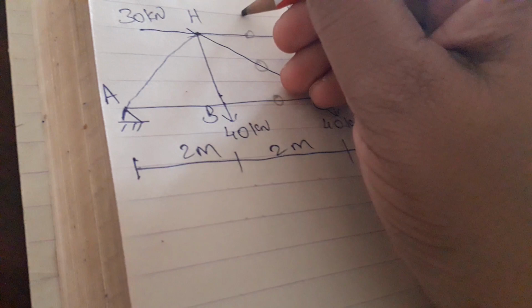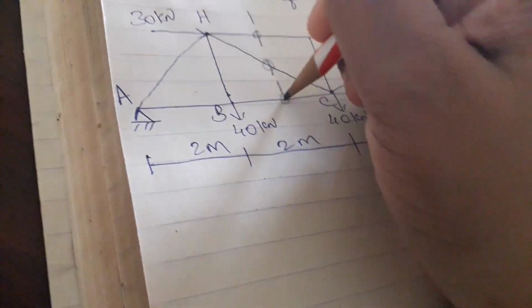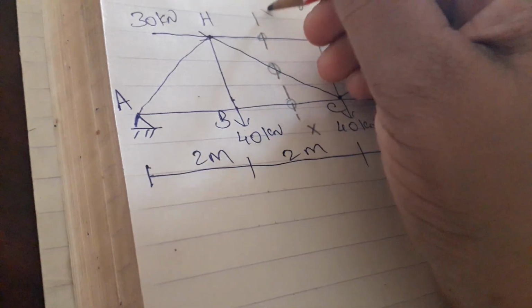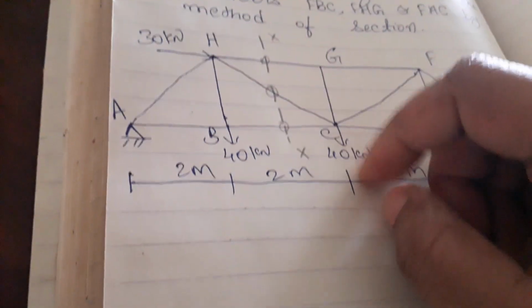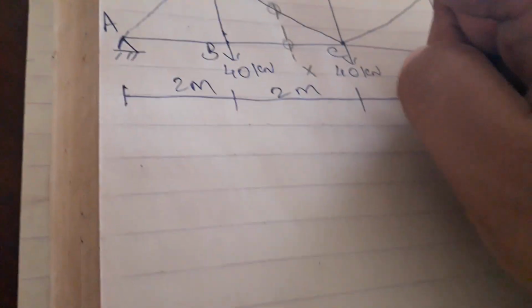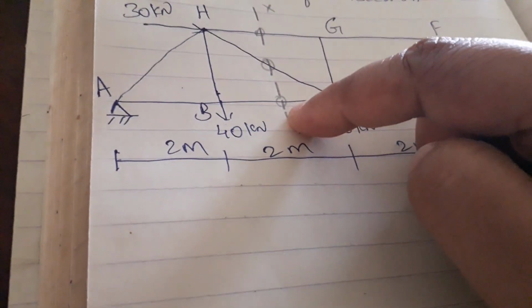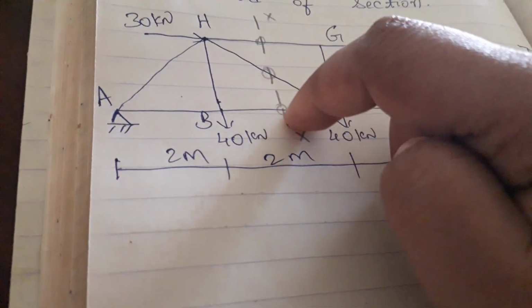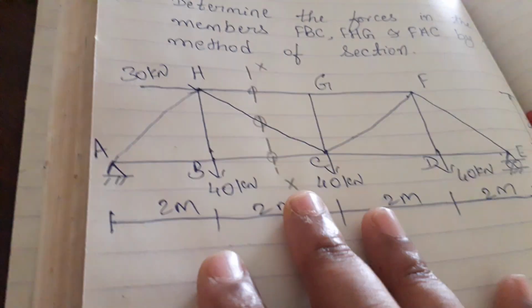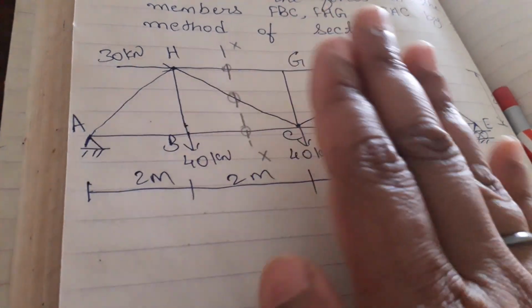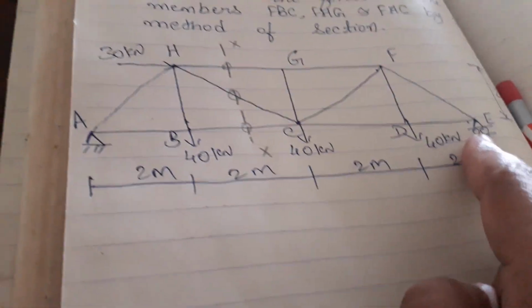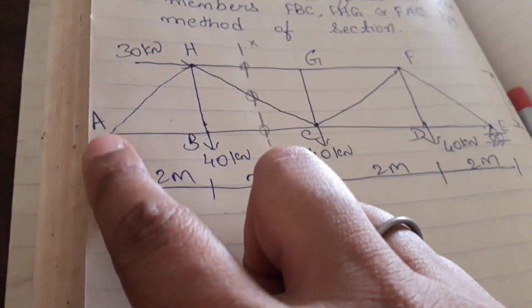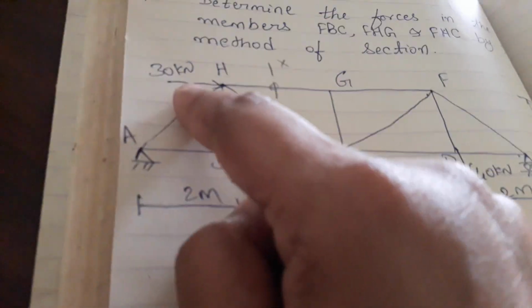These forces are asked. So they come in a single line. Whenever we take a section, we have to remember one thing, that the maximum 3 members has to be divided. So with the section XX, we can say that 3 members are divided, and in this particular problem, these 3 member forces are asked. So now we have an option of taking either left portion or right portion. Before that, we have to find out RA and then RE and also the horizontal force, because 30 kilonewton force is acting here. So first we will find out that solution.